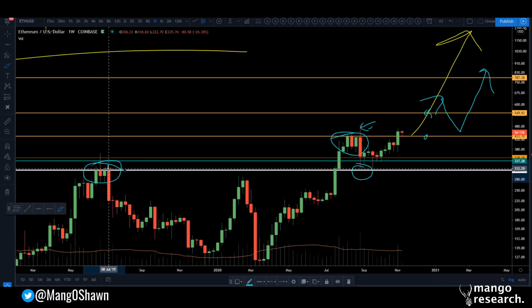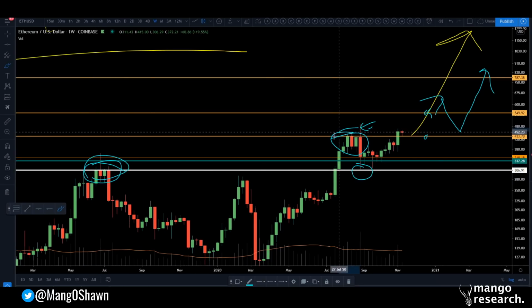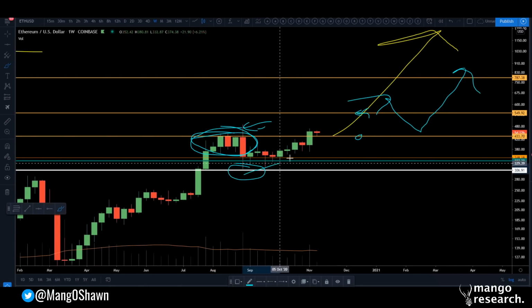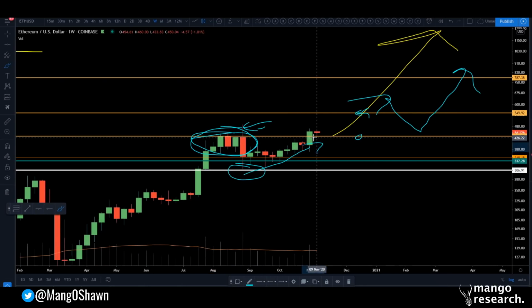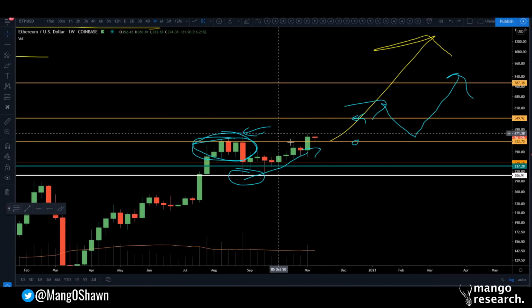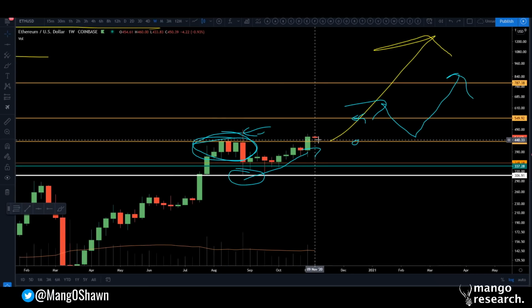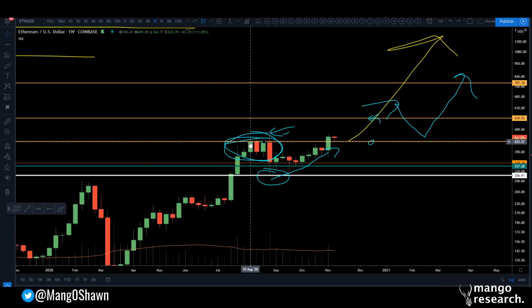So this structure over here looked very similar to this structure, right? But this time around, we actually bounced back up, continued the trend towards the upside, and on a candle closing basis, guys, we have a new high. On a candle closing basis, Ethereum has made a new high. And by the way, this is what I mean when I was referring to a level being tested and respected, right? This weekly level over here that we've been talking about, 432, has been resistance for the entire month of August,